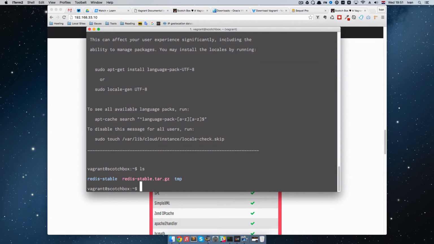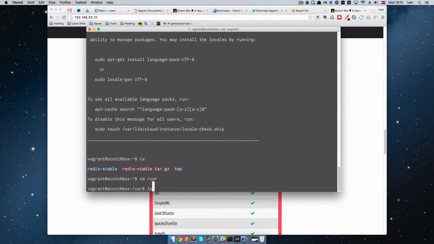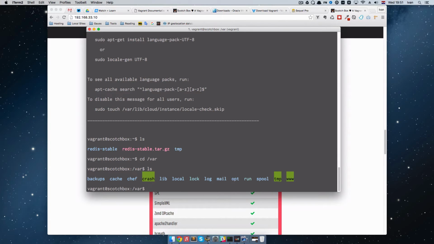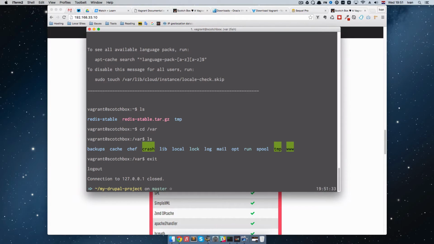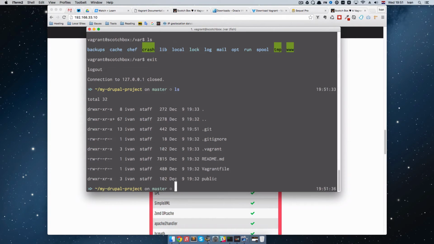So you can do ls. So this is Ubuntu 14.04. So you just SSH'd in it. You can see all of those directories right here. Your site will actually be here in www and so on. So we just do exit from this, and if we check out what this folder, my Drupal project, consists of,